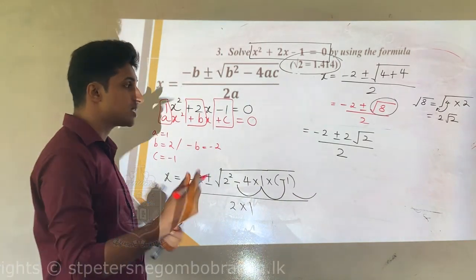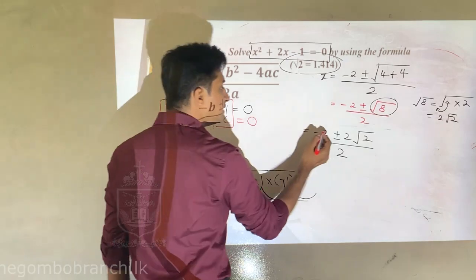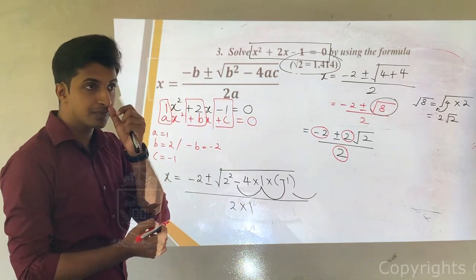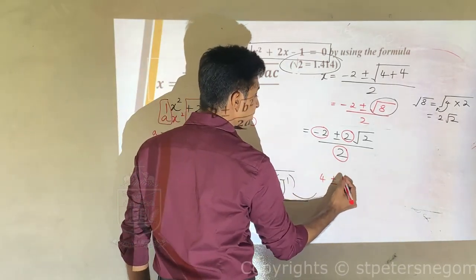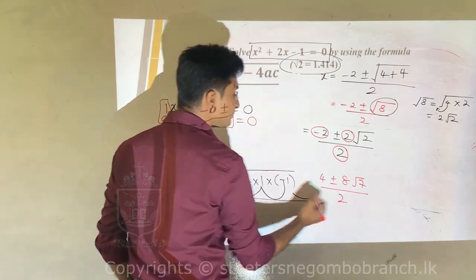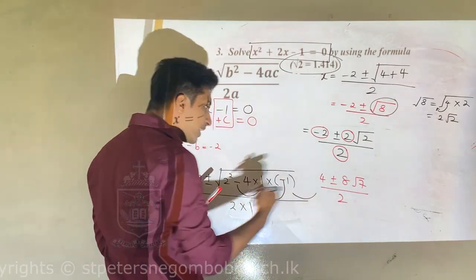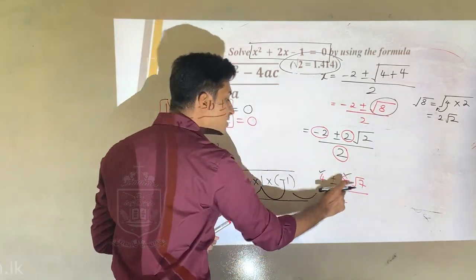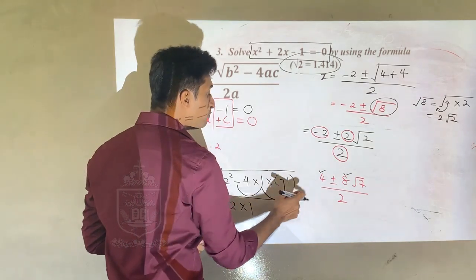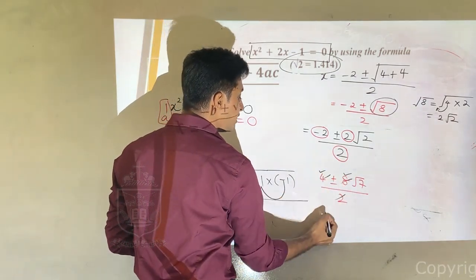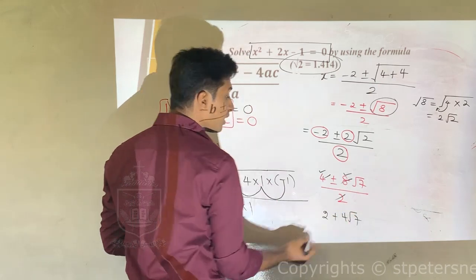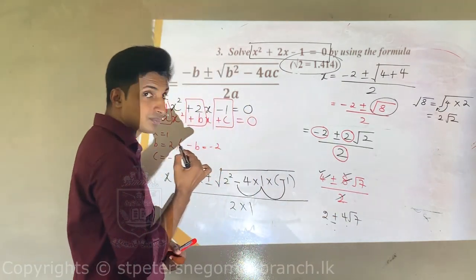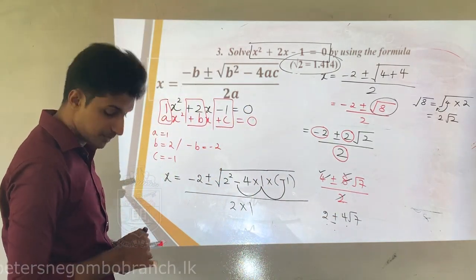Okay. Now the other step. If you can divide this number and the number in front of the square root by the denominator, think like this: 4 plus or minus 8 root 7 divided by 2. I can divide 4 by 2, 8 also by 2 I can divide. If both the numbers can be divided, you can divide and keep the answer 2 plus or minus 4 root 7. How come? 4 divided by 2 is 2, and 8 divided by 2 is 4. Okay, you can keep the answer like that.